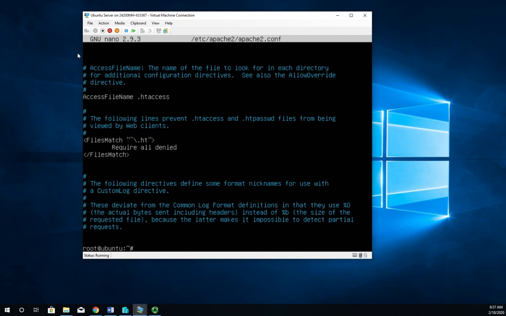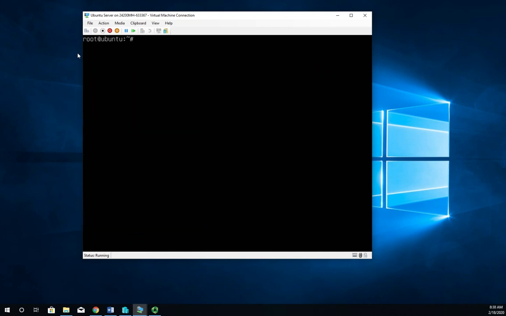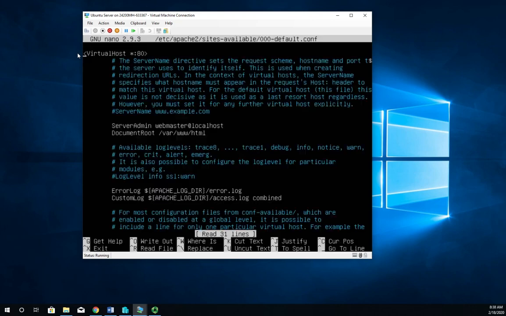I'm going to Control X to exit out of here. I've got one more that we need to look at, and that is nano /etc/apache2/sites-available/000-default.conf, and this is where we define our individual sites. This is the config file for our default site. And you'll notice here VirtualHost *:80. We're listening for everything on port 80. We have a server admin and then a document root, and this is where our files are going to be